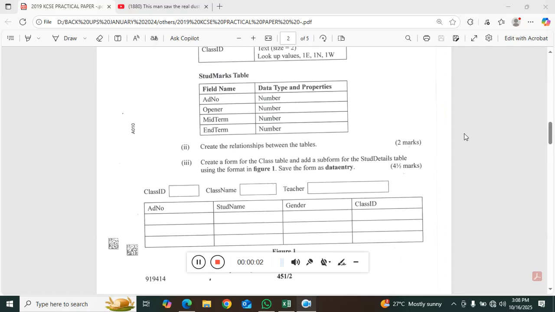Hello, I want us to look at this question, part 3, whereby we create a form for the class table and add a subform for the student details table using the format in figure 1. Save the form as data entry. So here we are involved